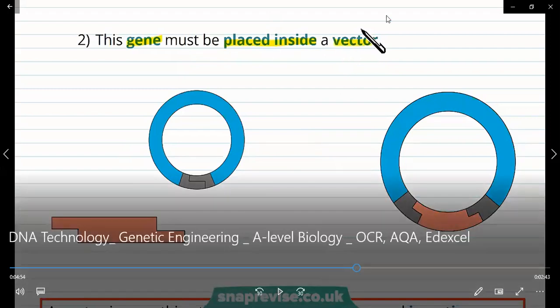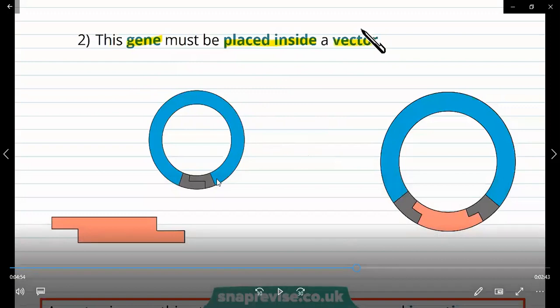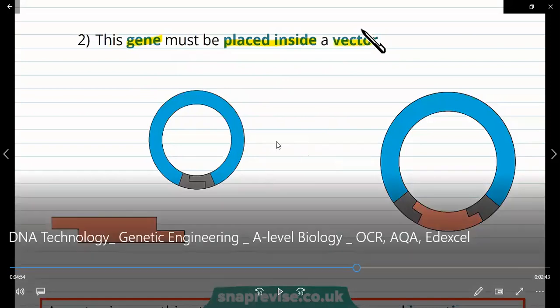So one of the commonest vectors that we use in order to insert our genes so that they can take it into the organism of choice is these circular pieces of DNA called plasmids. Now, plasmids, these circular DNA that you're seeing, are usually taken from bacteria. So bacteria have two sets of DNA inside of them. The bacteria will have their regular DNA, and they also sometimes have an additional set of DNA in a circular format known as a plasmid, like what you are seeing here.